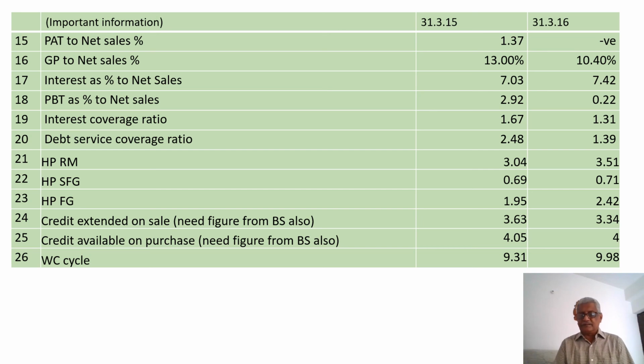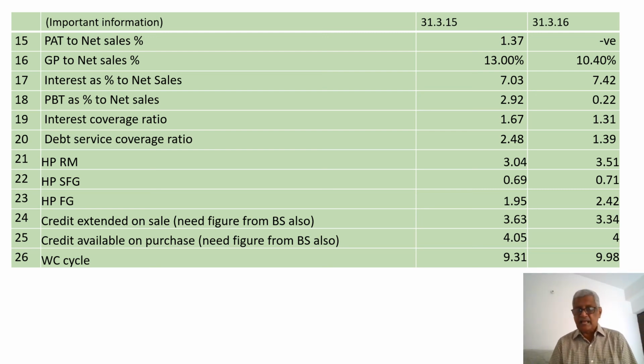Now, the holding period of raw materials, semi-finished goods, finished goods, we have already found out, and we can find out the credit on an average, how many months of credit the company gives on sale, for which of course we may have to take one figure from the balance sheet, that is trade debtors. That is around 3.63 months. It was giving its buyers. It has declined to 3.34 months. It could also be possible on account of the decline in sales, or some of the customers or the buyers moving to some other competitors.